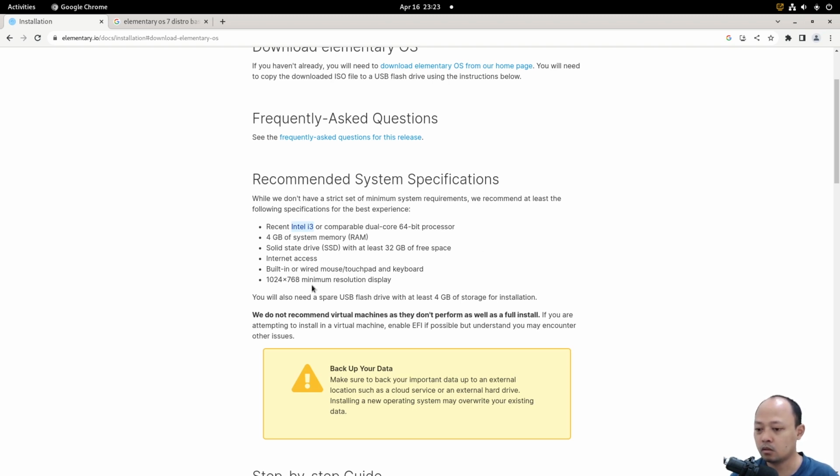And then the minimum resolution of the display should be 1024 x 768 pixels. And also, if we want to install it with a USB flash drive, we need at least 4 GB of storage for the installation.